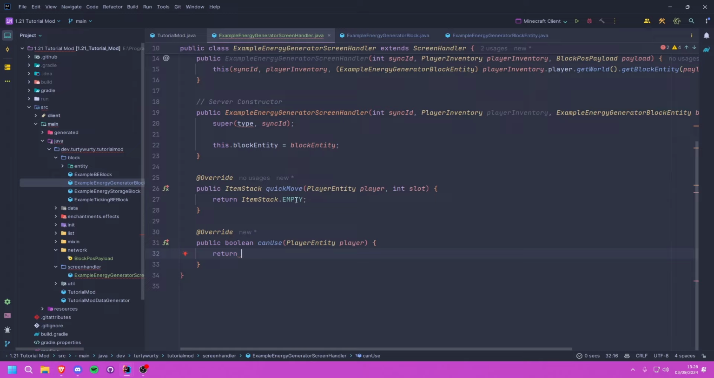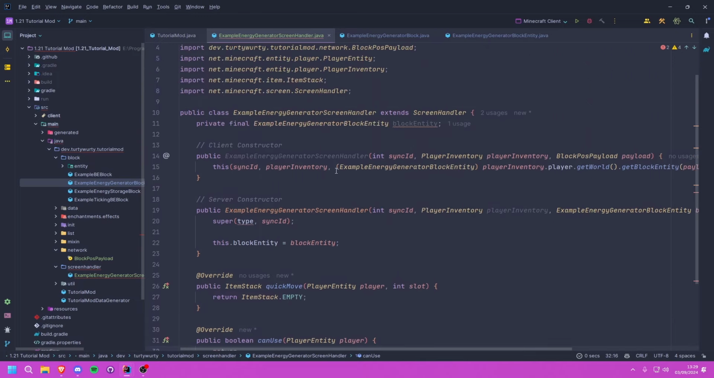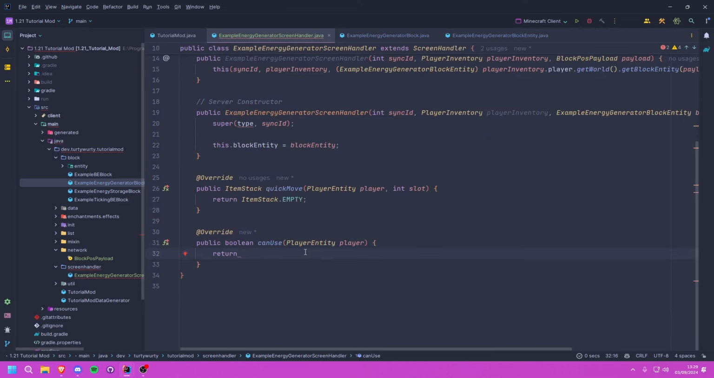But the most basic thing that you're probably wanting to do in here is just a basic distance check and also a block check. So you want a distance check to check that you're not more than the normal distance away from it. And then you also want a block check to check that this menu is actually being opened from your block and not some random source opening your menu, as obviously that could cause you problems with getting the block entity. So luckily, Vanilla actually has a method we can use,